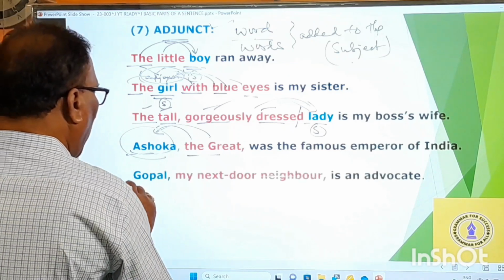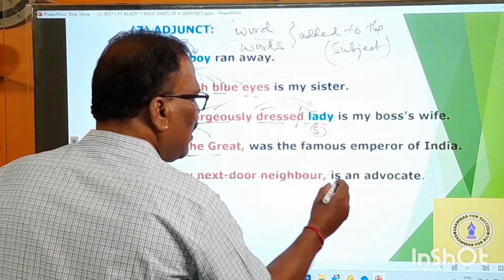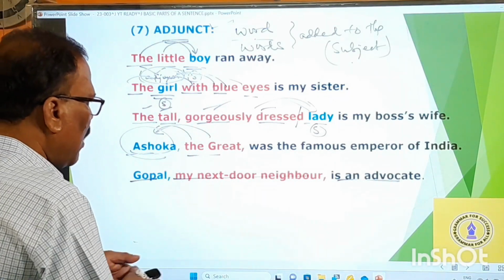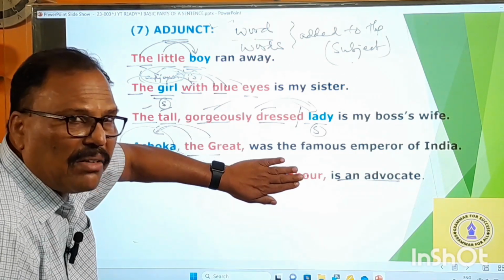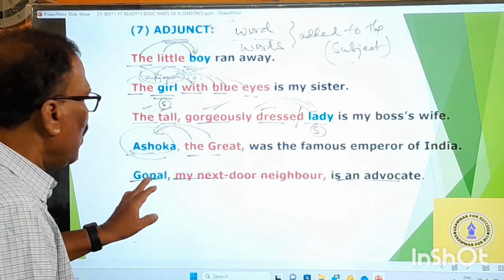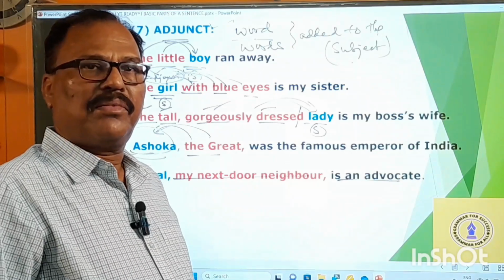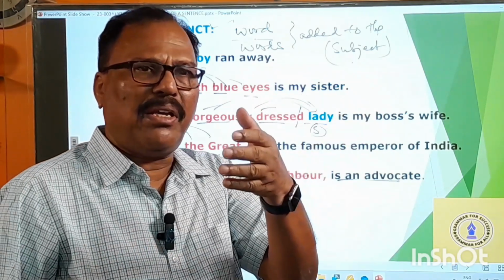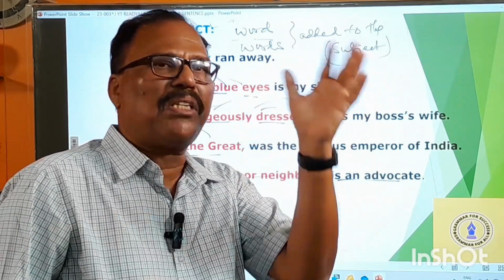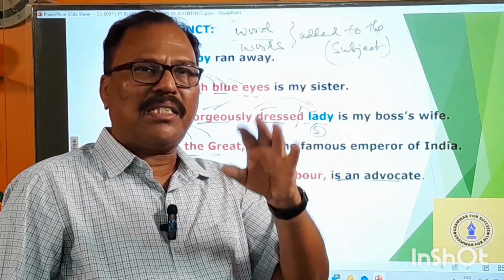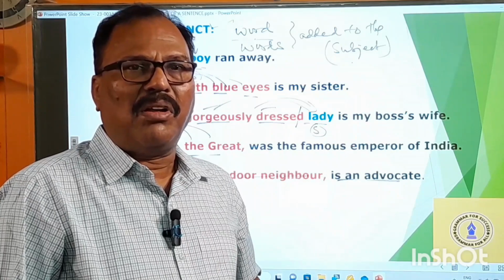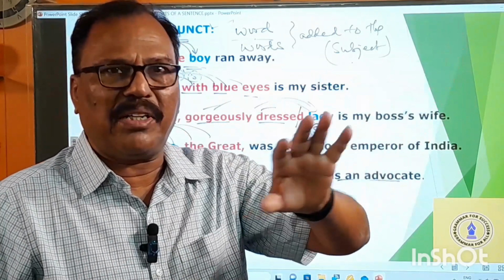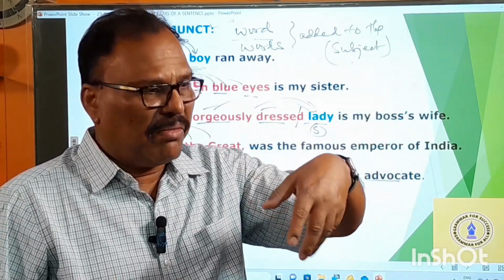And now, Gopal, my next door neighbor, is an advocate. Here, suppose these red colored words are not there. What do you understand if I say Gopal is an advocate? What do you understand from that? In a colony, there may be two, three or four Gopals. In Andhra region, one of my friends says, take for granted, when 10 persons